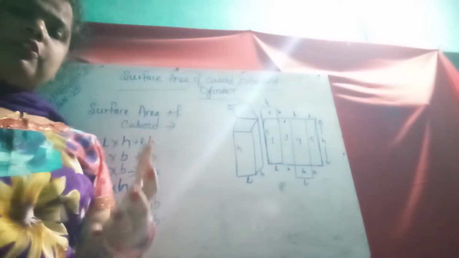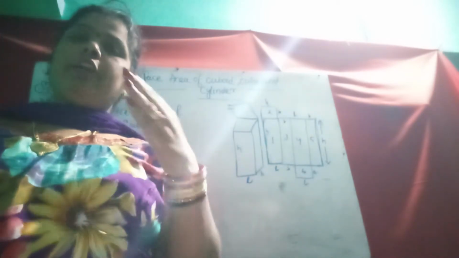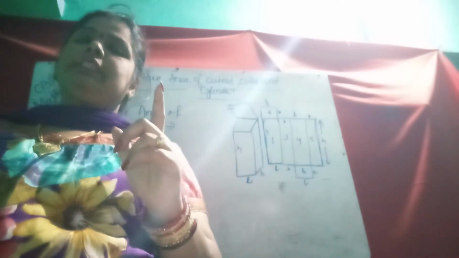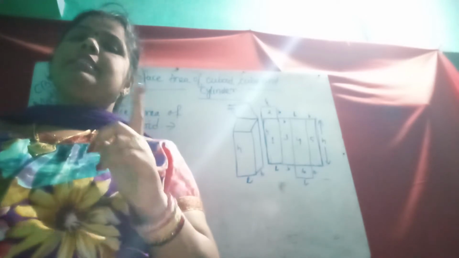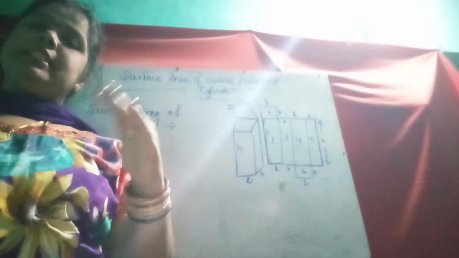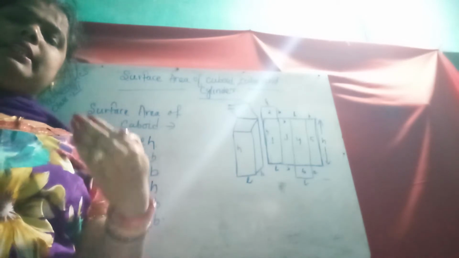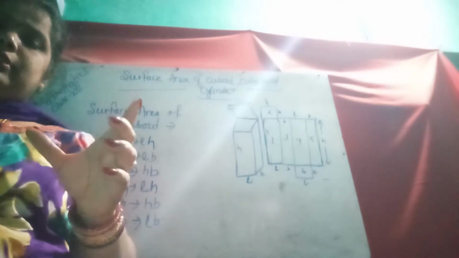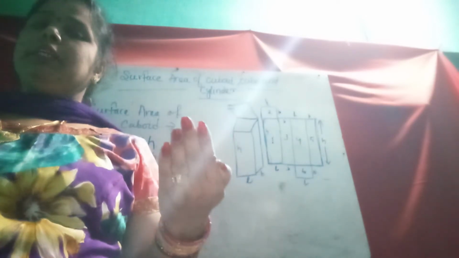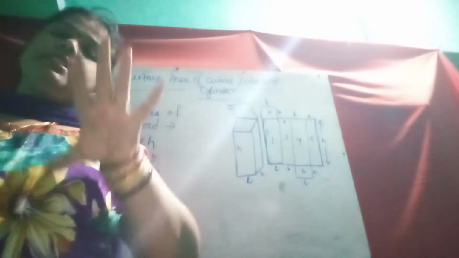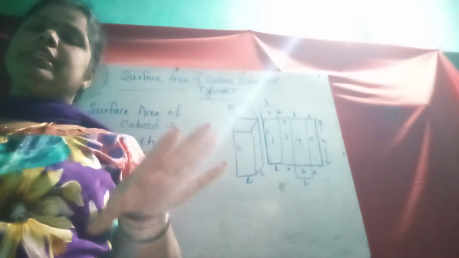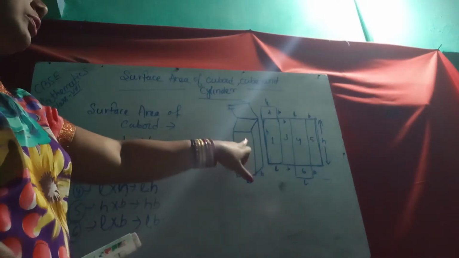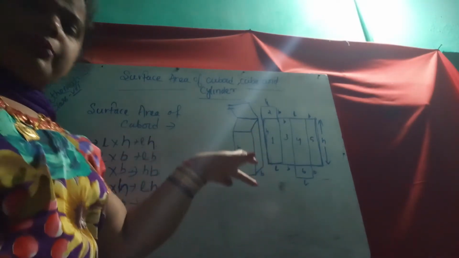To find the surface area of the cuboid, every face matters, as a cuboid has 6 faces and each face is a rectangular shape which has length and breadth. If we find the area of each individual rectangular face using length into breadth, and we add the areas of the 6 faces, then we will get the complete surface area of a cuboid. This is the first figure. You can see that here it is a cuboid.